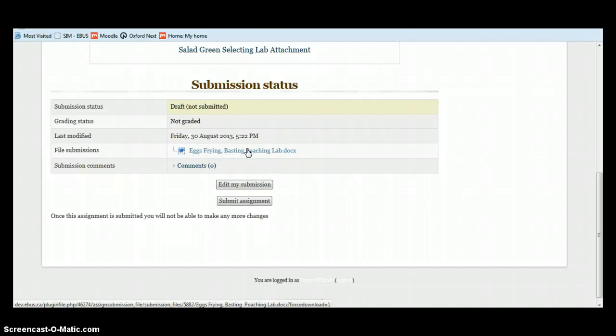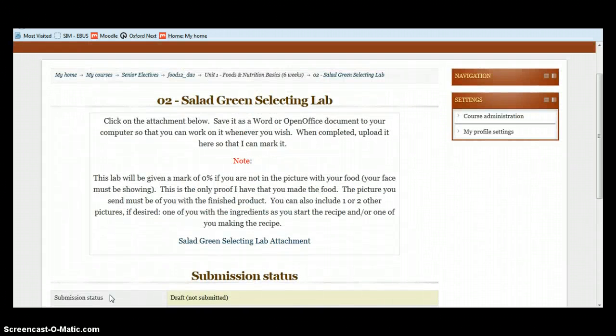Now this is the very important part. I did put the lab in. I can still edit it. At this moment it's in draft form, which means I don't see it yet. You have to click on Submit Assignment or it will not come to my marking box and I won't know that it's there to be marked. This is critical. So you can upload your file and keep it there so that you can go back to it again and finish it if you don't have time to finish it right now. But when it is done and you want me to mark it, please click on Submit Assignment. If you don't, I won't know that it's sitting there.